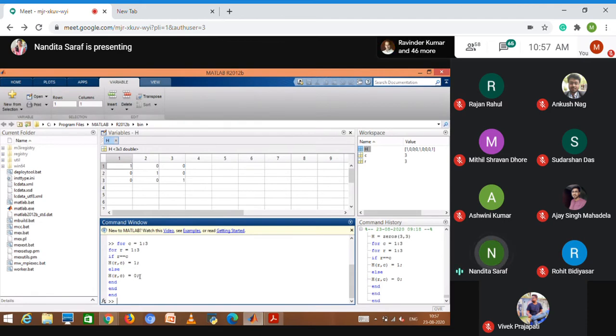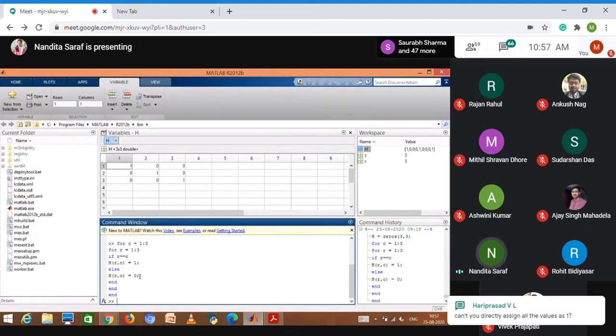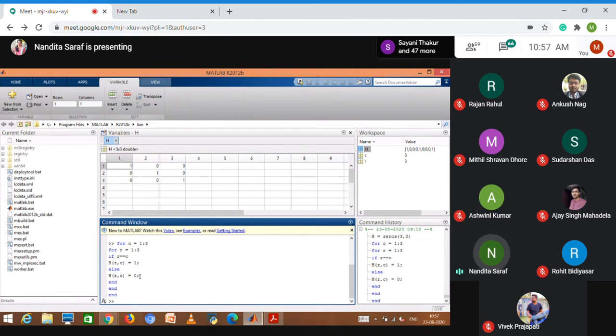Okay. So I just want you guys to try this out. Create an array of 5 random numbers. Okay. Then use a for loop. Call every element from the array. Use if else condition statement. Ask if this random number is divisible by 2, count it as 1, else count it as 0. Do both for even and odd. Okay.